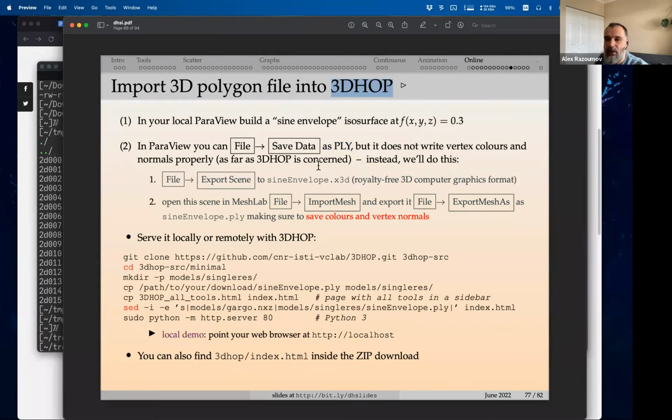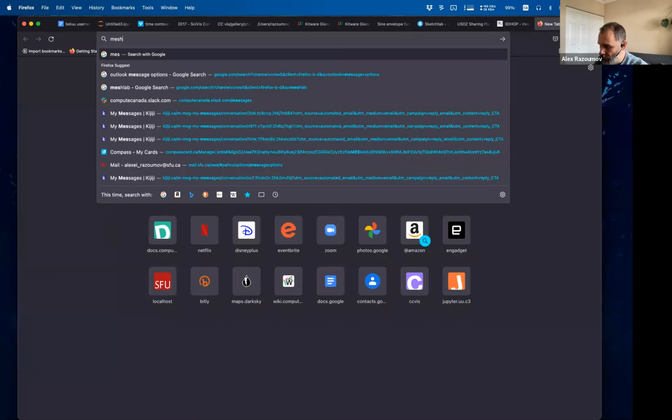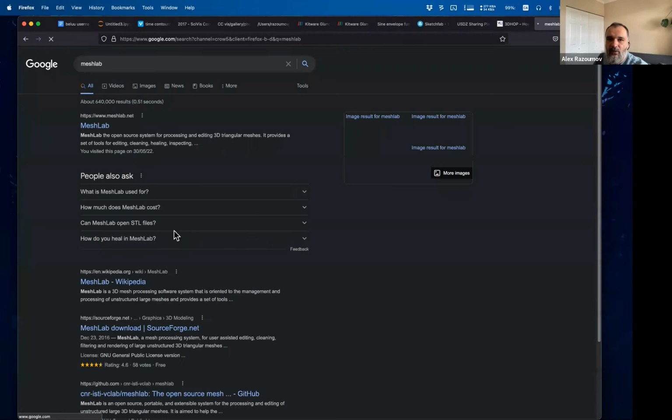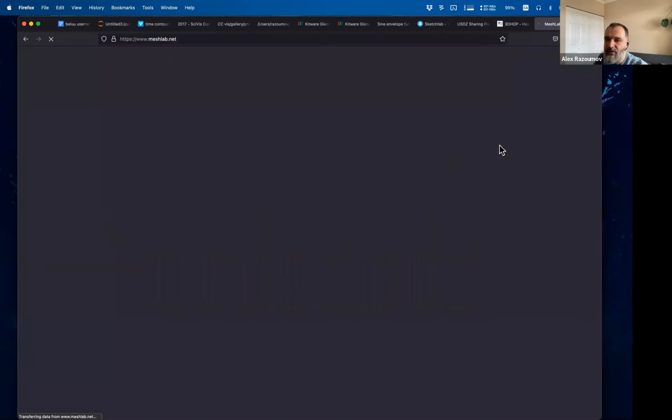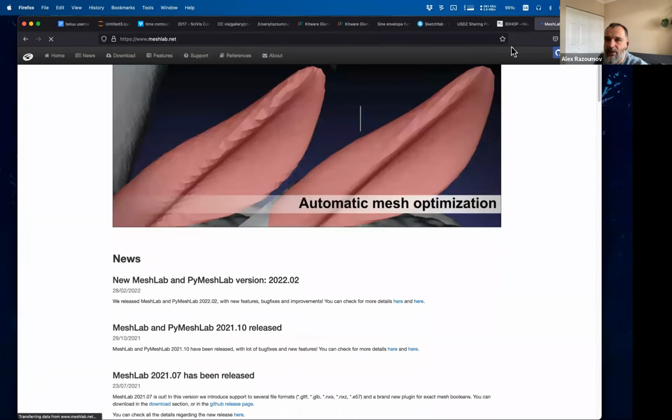But what I did a couple of days ago is you can go to File, Save, Export Scene, and then export the scene as X3D, a royalty-free 3D computer graphics format. And then in another piece of software called MeshLab, an open source, multi-platform package for processing polygonal meshes,